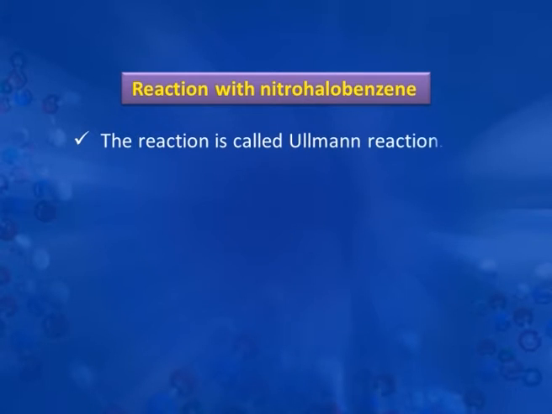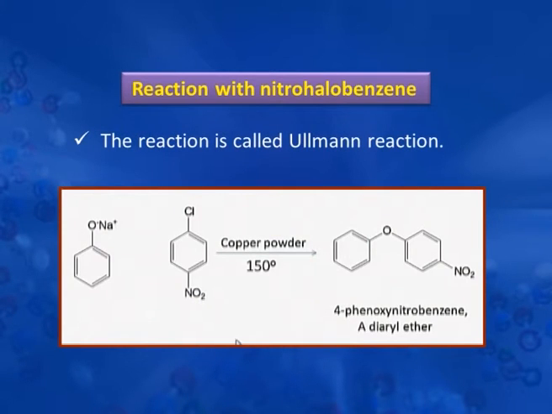When the reaction of phenol is done with nitrohalobenzene, this reaction is called the Ullmann reaction, and ortho and para substituted chlorobenzenes undergo this reaction faster. The question again arises, why? Why do ortho and para nitrochlorobenzene form this product easily, but if instead of the nitro group we have some electron releasing group, then the reaction becomes difficult? The reason again here is that the nitro group is electron withdrawing and makes the carbon-chlorine bond weaker, and there is formation of this ether by aromatic nucleophilic substitution reaction.